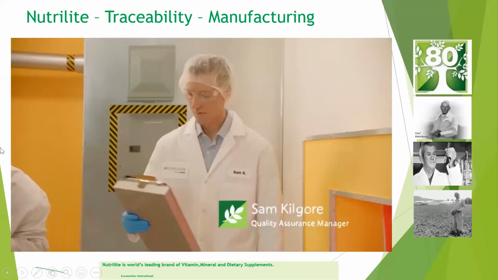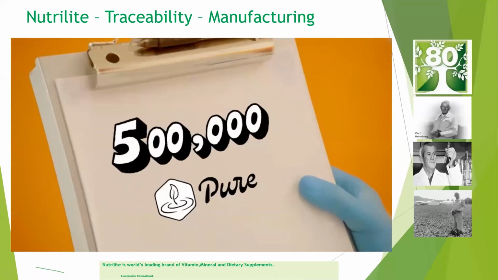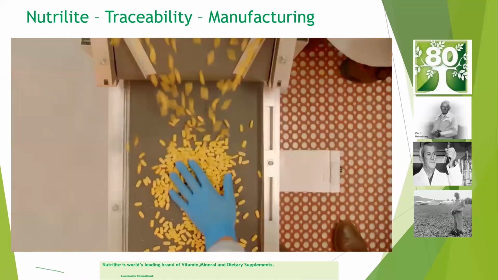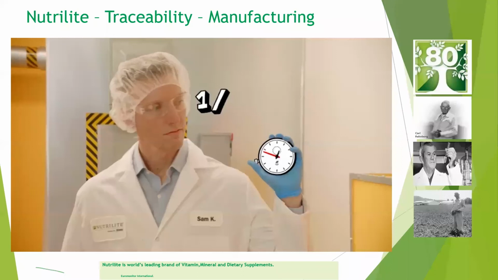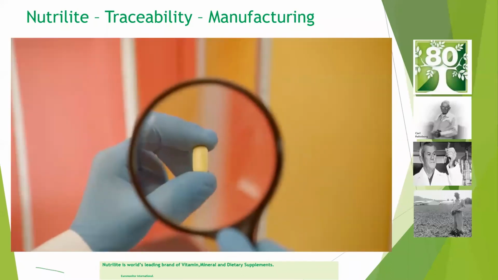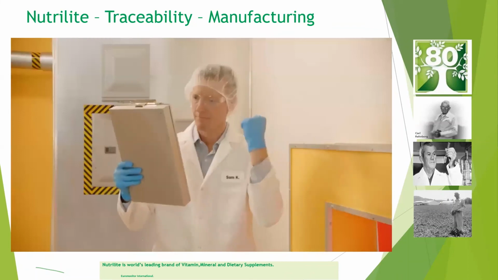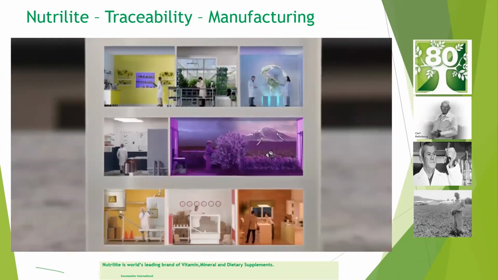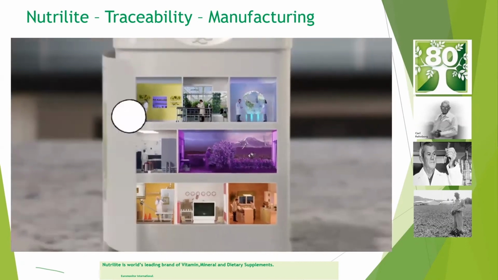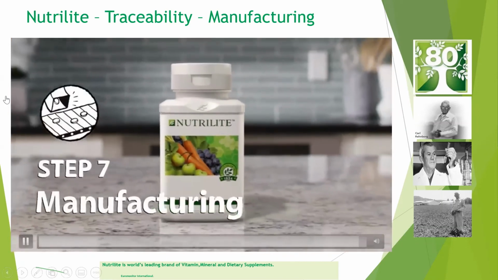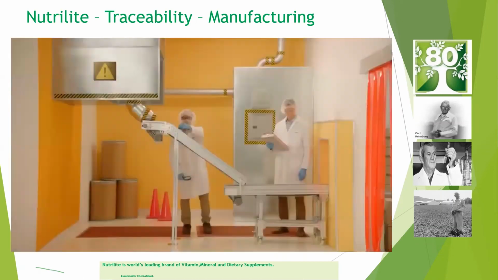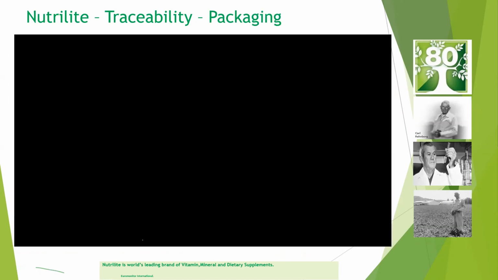Imagine a team of engineers so obsessed with excellence that they run more than 500,000 quality checks a year on your supplements, where this obsession results in an average of 1 test per minute, all year long. This is a world you don't have to imagine. This is the real world of Nutrilite traceability. Right, and then imagine after the supplements are manufactured, it is ensured that 10,300 tests are done per particular product as the need may be, and then comes the packaging.